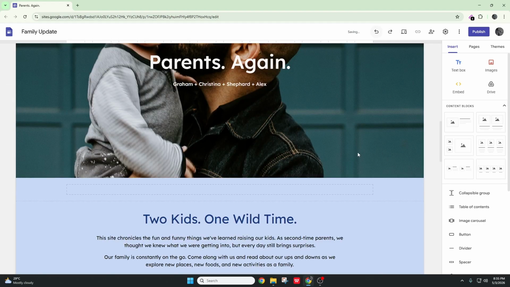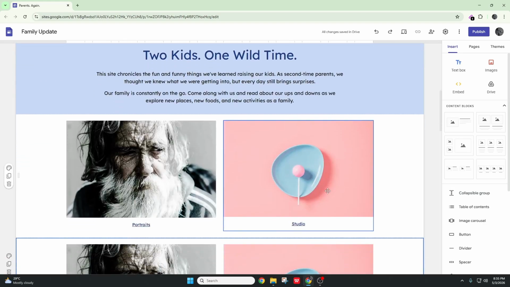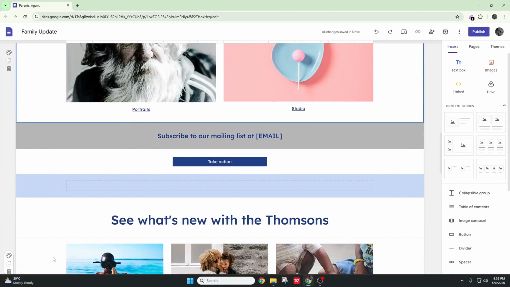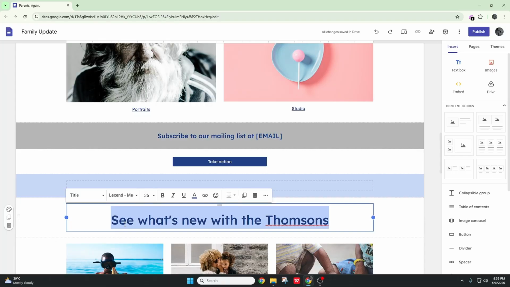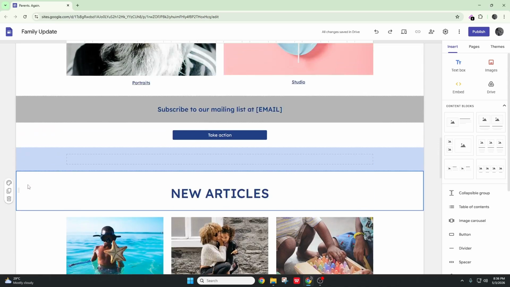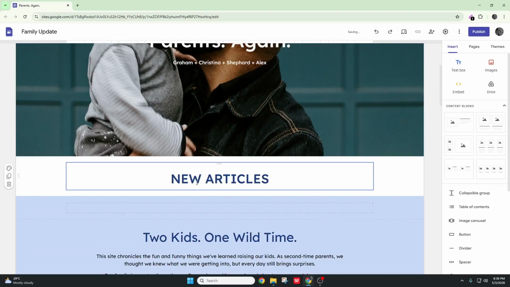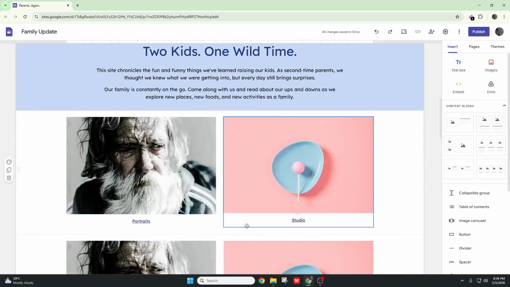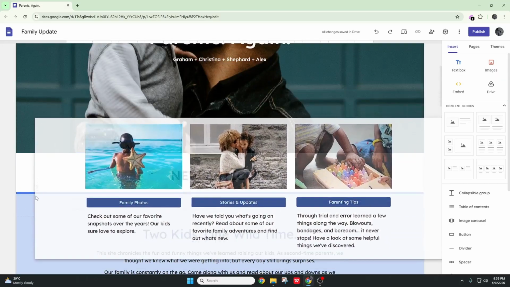So we collectively added a lot of things here with different templates. Now what we can do is edit it, right? Let's say here I'll say new articles, right? And then I'm gonna drag this, you can see this, so I can just drag it at the top, and the first section is gonna be new articles, and we're gonna drag this one as well. Here it is,